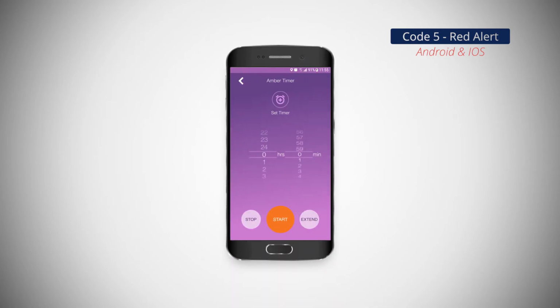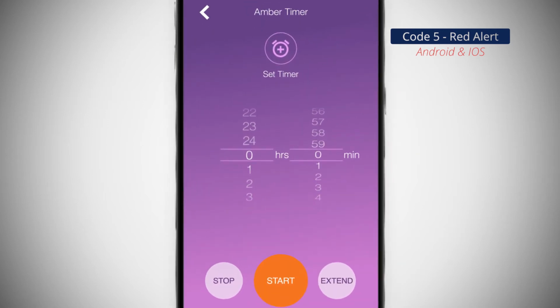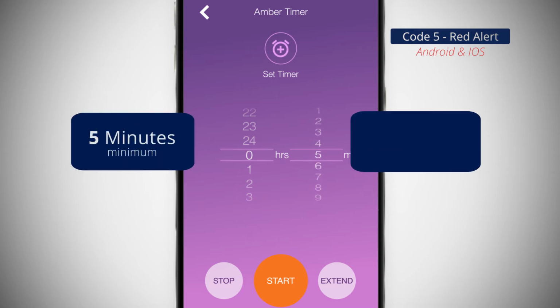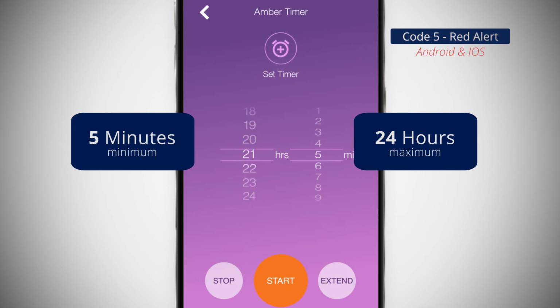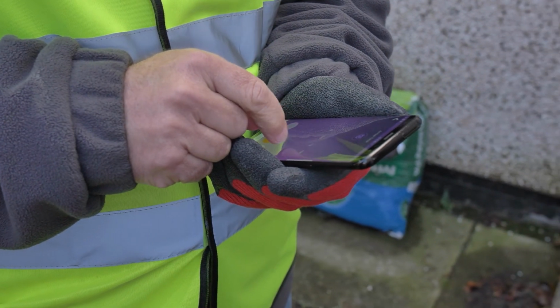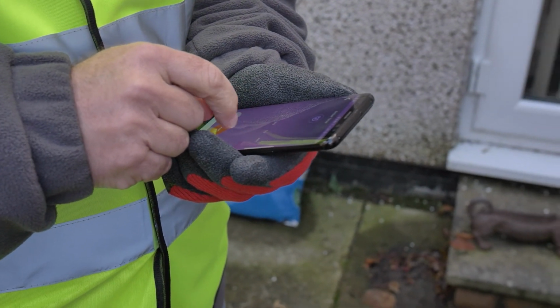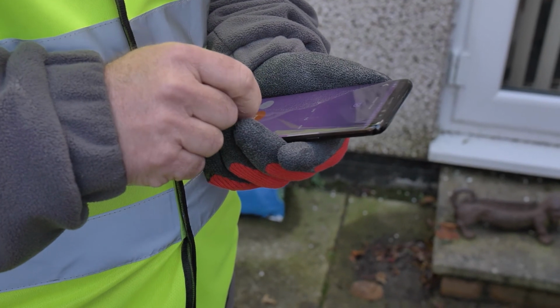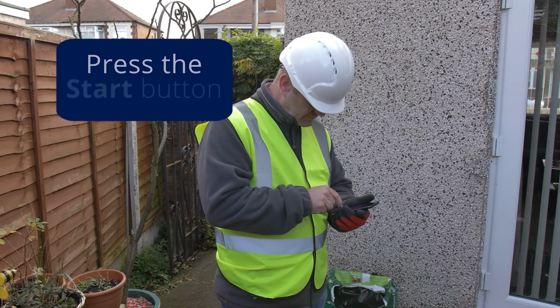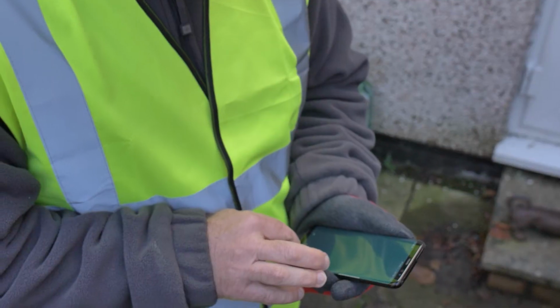The screen will change and you'll be able to choose how long you wish the timer to last via the adjustable timer area. The minimum time allowed is 5 minutes and the maximum is 24 hours. However, careful consideration should be taken when making a decision. Once you have chosen your desired time period, simply press the Start button to allow the application to dial the